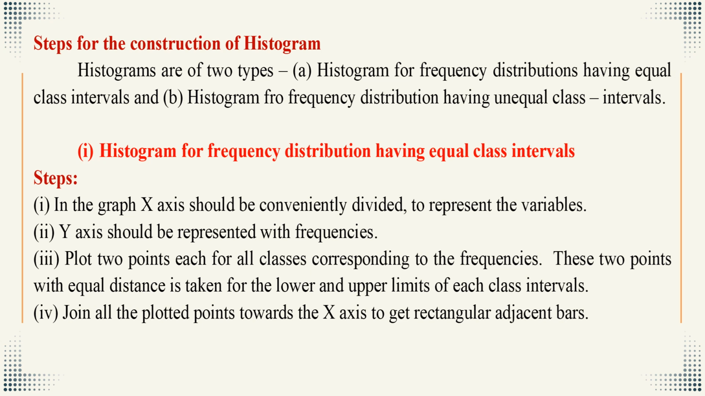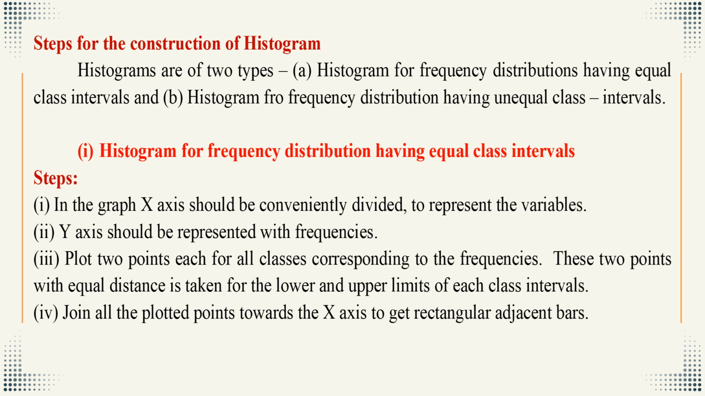Equal class intervals may be, for example, 0 to 10, 10 to 20, 20 to 30, 30 to 40, like that. Unequal class intervals means 0 to 10, 10 to 40, 40 to 50, like that. First one is histogram for frequency distribution